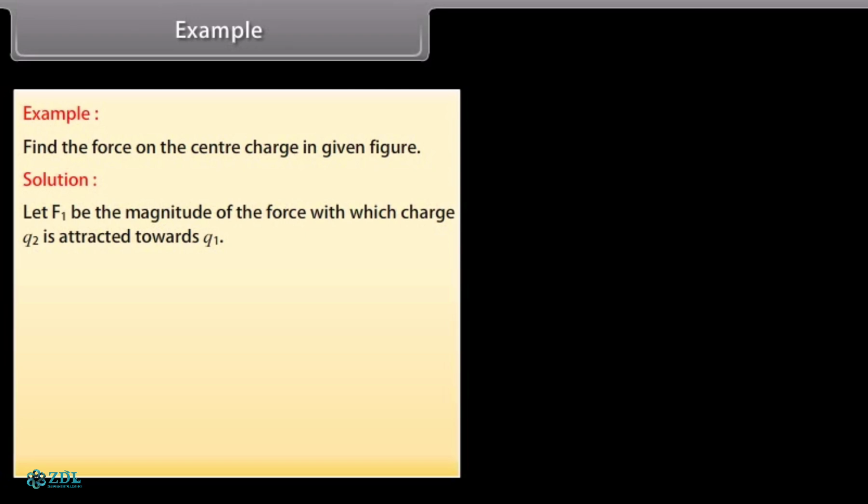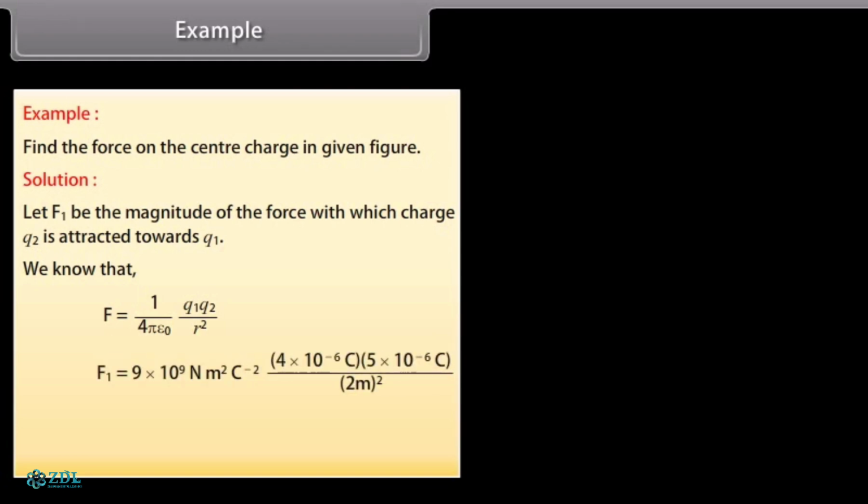Example. Let's take an example on Coulomb's law. Find the force on the center charge in given figure. Let's see the solution. Let F1 be the magnitude of the force with which charge Q2 is attracted towards Q1. We know that F1 is equal to 1 upon 4 pi epsilon naught multiplied by Q1 Q2 upon r square. Put the values in this equation. We get F1 is equal to 45 into 10 raised to the power minus 3 Newton, which is equal to